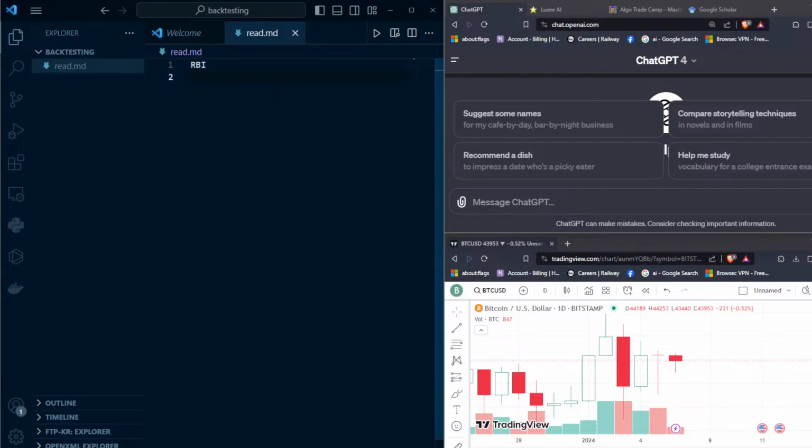Have you ever tried trading cryptocurrencies or automating it by fetching a good strategy and basically making a bot to just automate the trading for you? Well, this requires a lot of steps. First step is we're gonna be using the RBI system. So what is RBI? RBI basically stands for R means research,